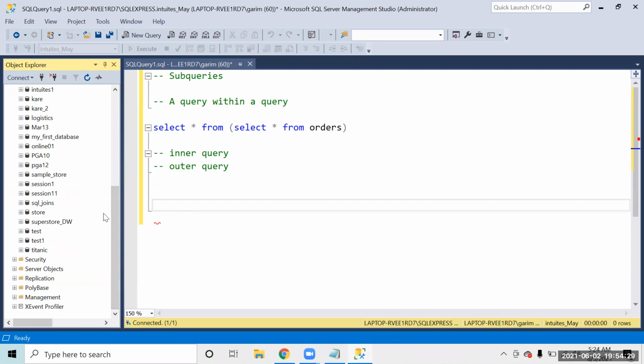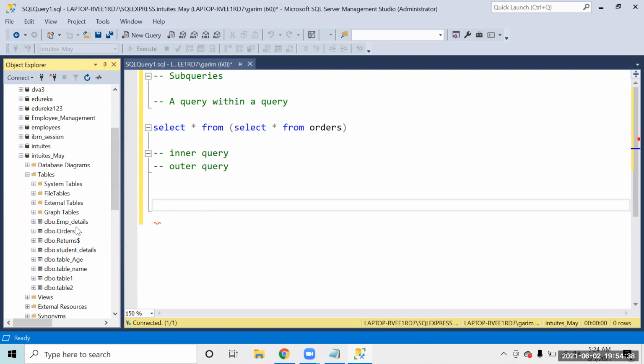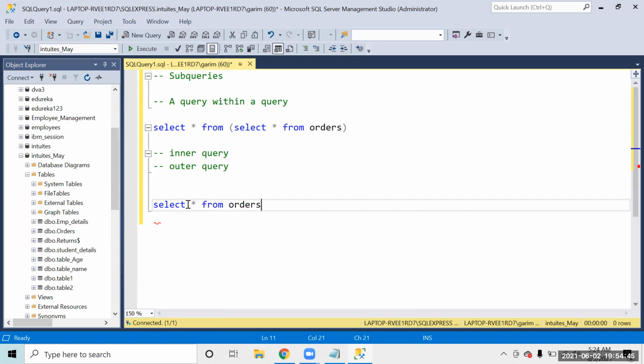Like we were working with the two tables that we had, orders and returns. Select star from orders and select star from returns.